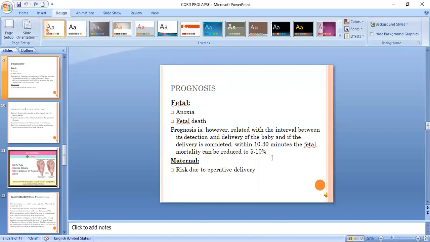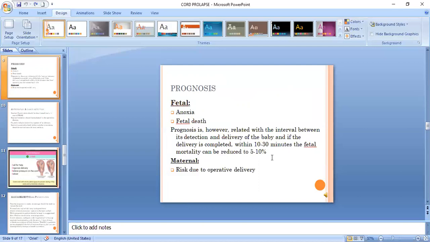But if the condition is detected soon and the treatment is given as soon as possible, then we can reduce the mortality rate. So the most important thing is that we should be keen enough to identify this condition, and we should be skilled enough to provide care for this type of patient. Okay, so by providing the care at the correct time, we can reduce the fetal mortality rate to 5 to 10%. Then in maternal risk,